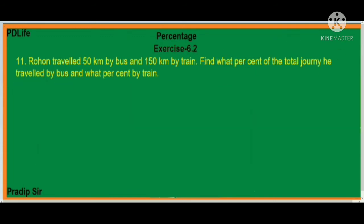Okay. Now question number 11. See, what is written in question number 11? Rohan traveled 50 km by bus and 150 kilometers by train. Find what percent of the total journey he traveled by bus and what percent by train. That means from the total journey, how much percent he traveled by bus and how much percent by train. So in the solution we'll write